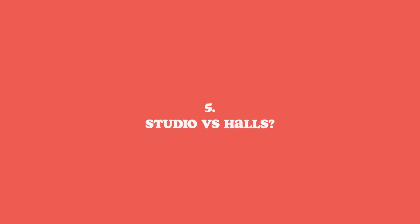Studios can be a nice alternative because it's your own space. You get your own kitchen, you get your own bed, you get an ensuite, you have your own area. So I think it ties into what I've been saying about what flat size you want. It's also important to think about whether you are someone who really likes their own space. Because I guess the only difference between a studio and flats with other people is that the communal areas are communal, so they have people hanging out there. So if you prefer to just have your own space and to just be social outside of where you're living,